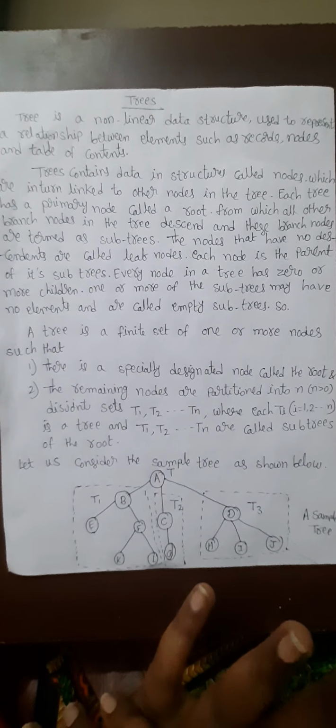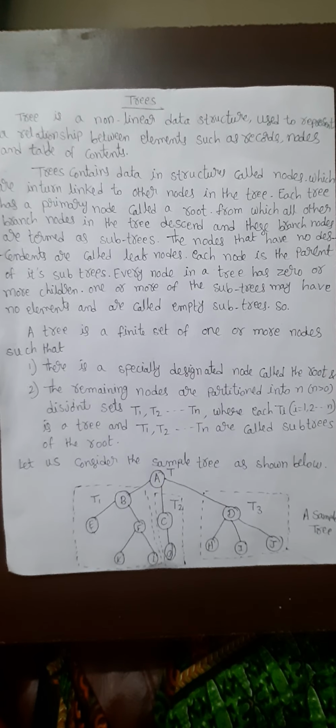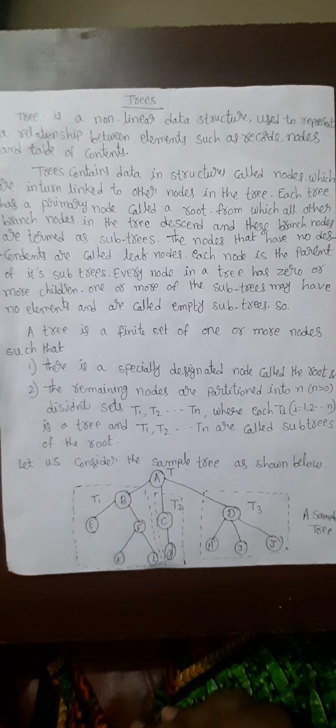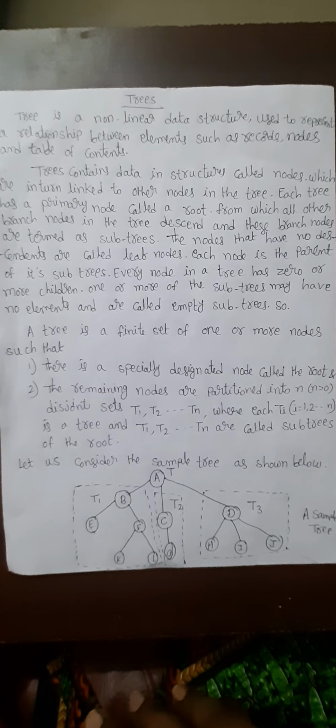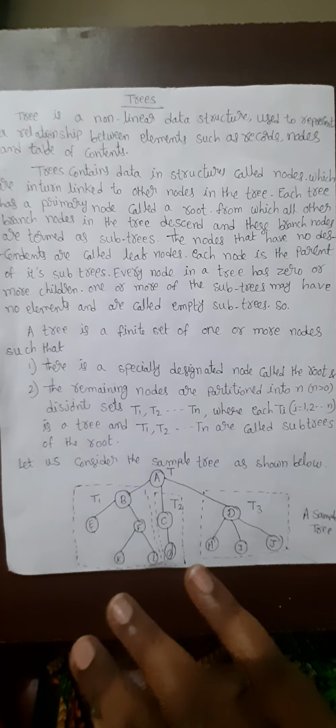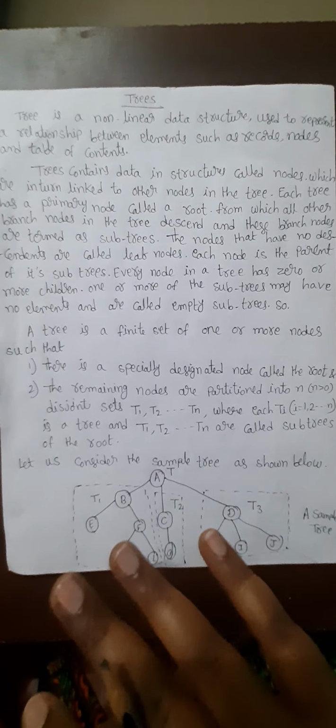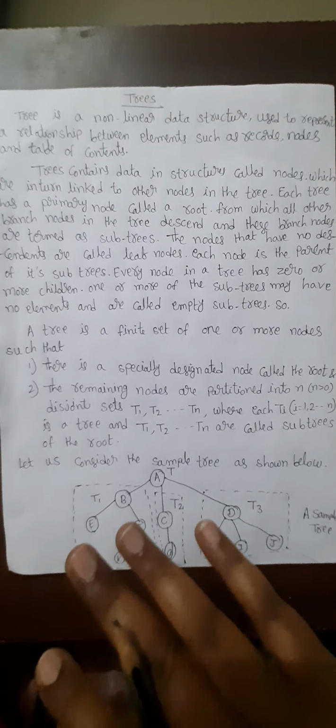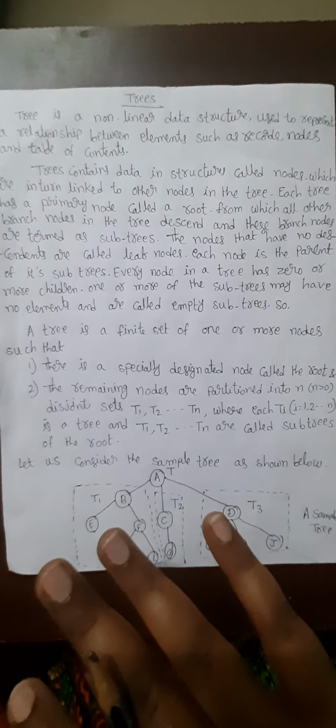A tree is a non-linear data structure which is used to represent a relationship between elements such as records, or nodes, or a table of contents. And this tree contains data in a structure called nodes, which are in turn linked to other nodes in the tree. Each tree has a primary node, and that primary node is called the